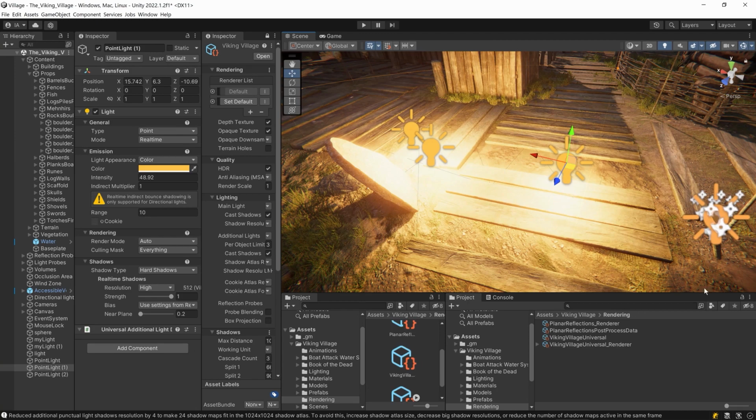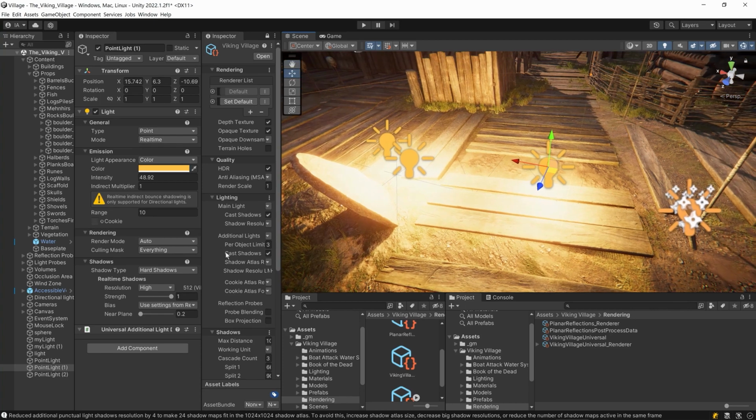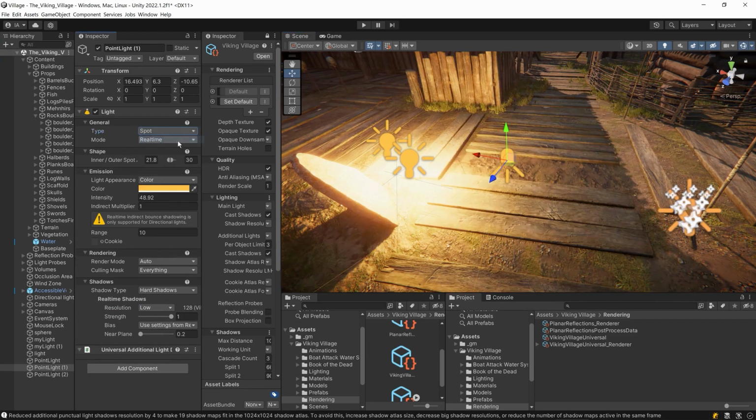And the resolution of this light source is very important. If you can, wherever you can, make sure to reduce it to medium, for example, or to have a low resolution of shadow for this light source, if possible. Another type of light is the spotlight, which works very similar to directional light, except that it does not follow